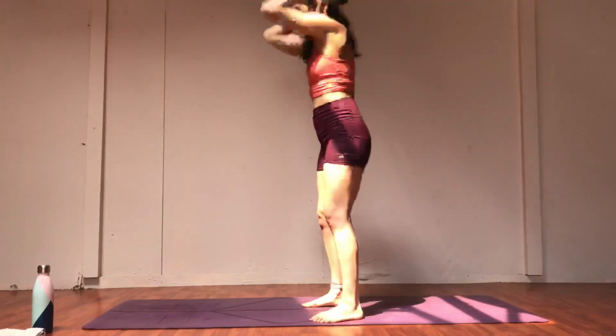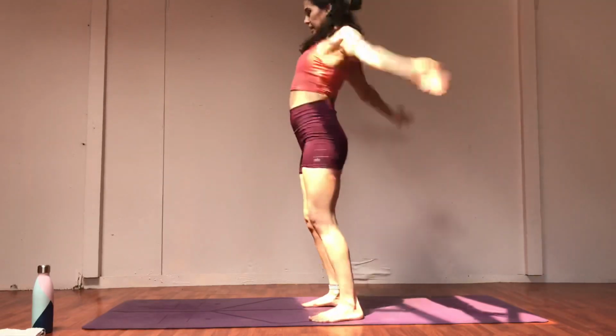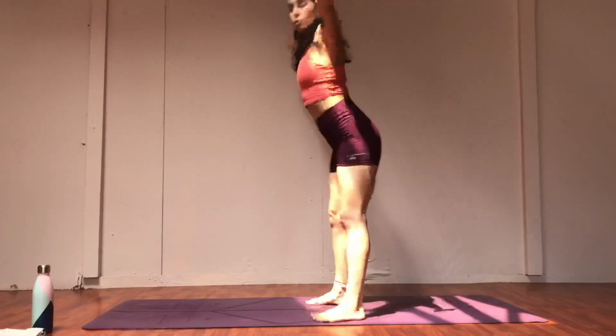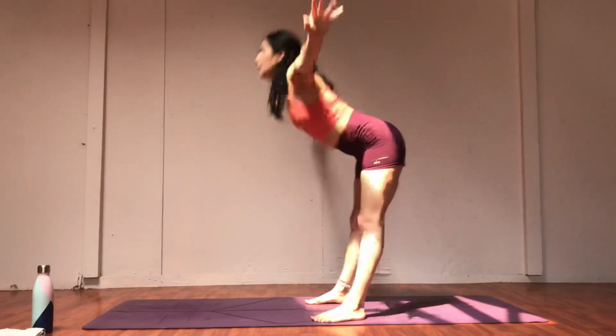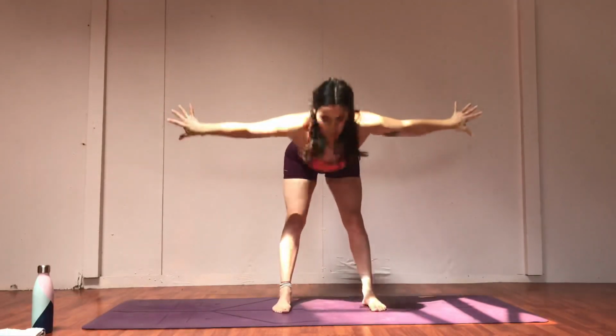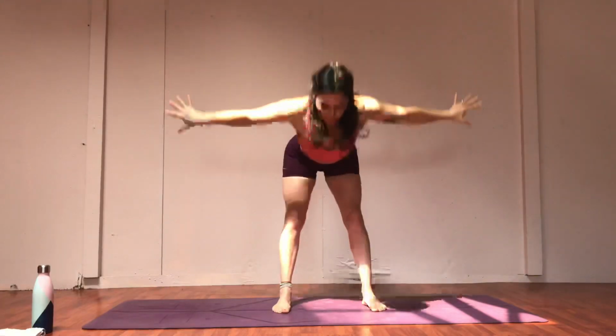Circle forward, lubricating the shoulder joint. Good, and then circle. 2, 1. Little good morning. So we come halfway down, arms wide, and then lift. Halfway down. Squeeze it up. Halfway down. Squeeze it up for 4,